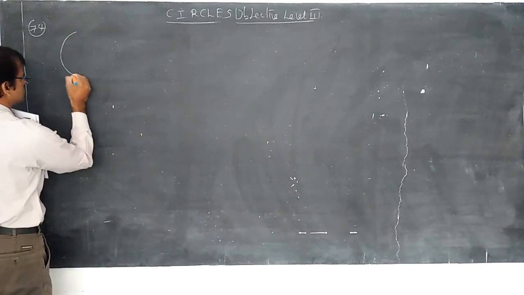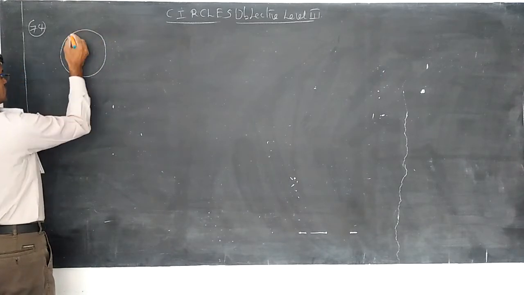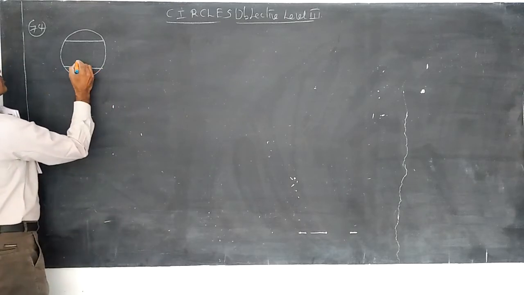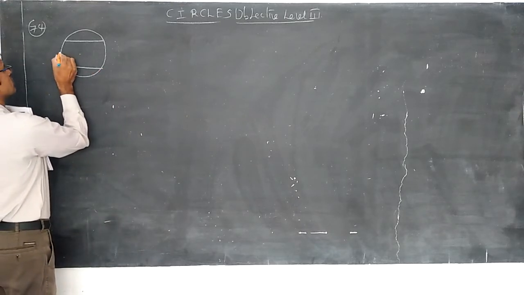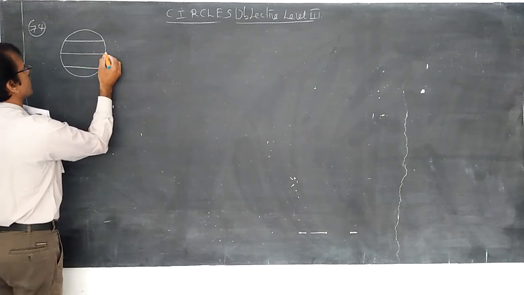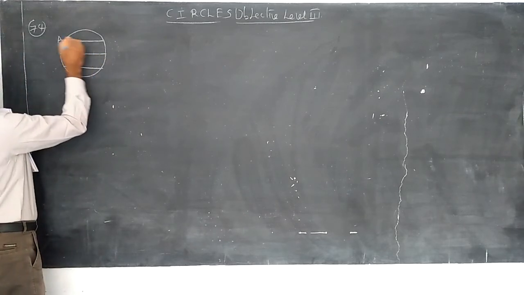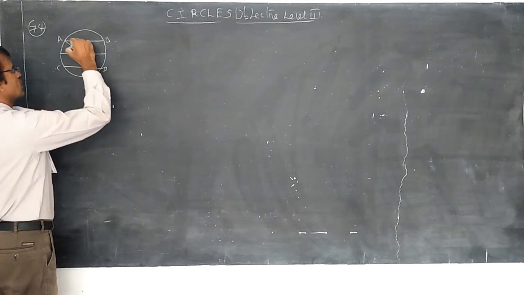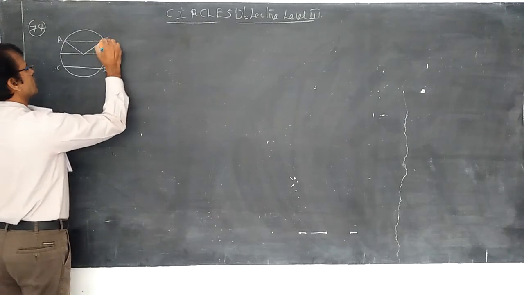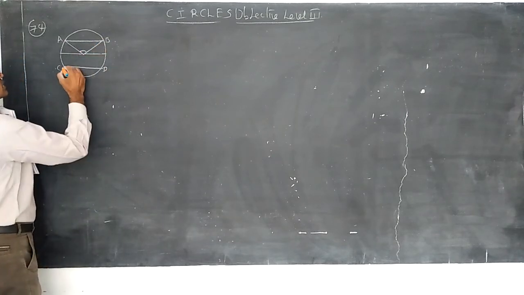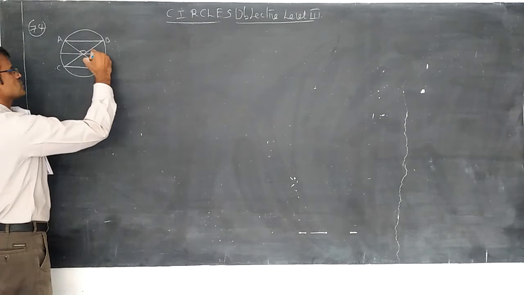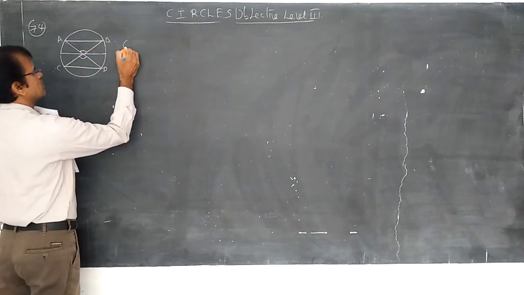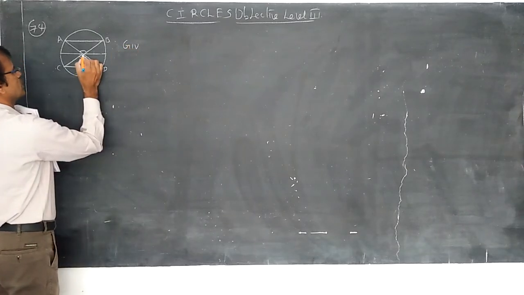Draw a circle. This is a chord and this is a chord. This is the center. This is a diameter, the longest chord passing through the center point. Put here AB and CD as parallel chords. The chords subtend the angles cos inverse 1 by 7 and secant inverse 7 respectively. Of course, the two angles are the same. Put here the name E.